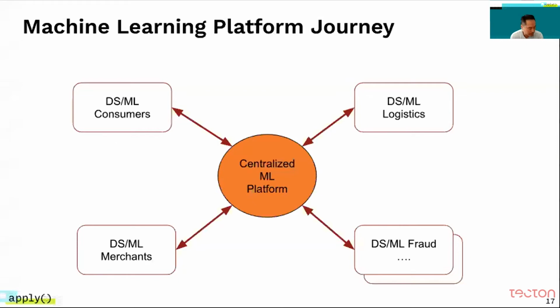Regarding our machine learning platform journey, we started about a year ago when DoorDash decided to invest in building a centralized platform. As you know, different ML teams have slightly different needs. So it's very important to establish the buy-in from those teams on the idea of a centralized platform. One of the ways to do that is to have the representation from each of these teams, as well as an open forum to voice the collective needs, opinions, and also be open to the contributions to the development of